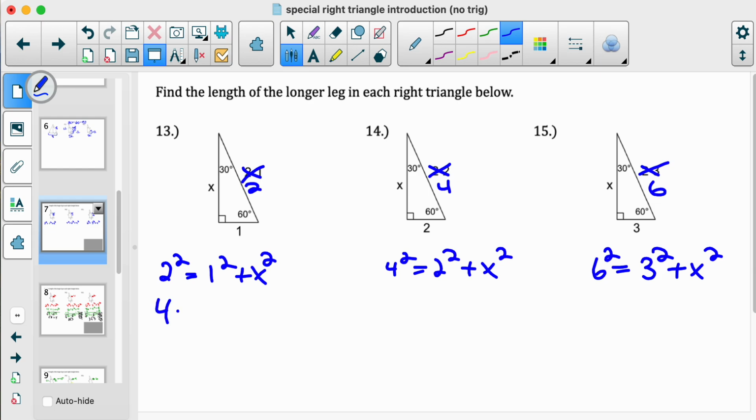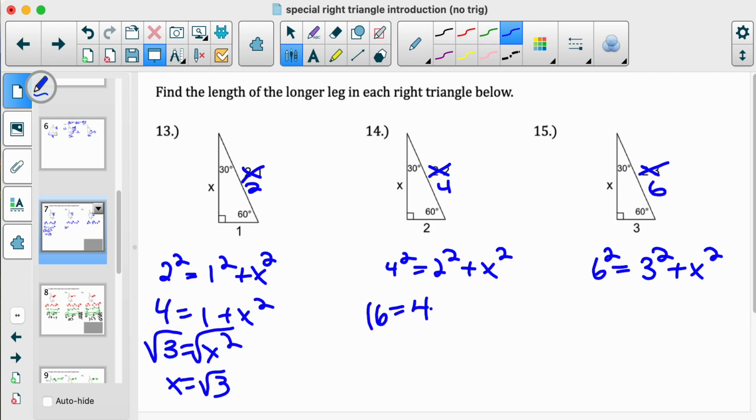So we have 4 equals 1 plus x squared. We subtract the 1 from both sides. We have 3 equals x squared. We square root both sides. X is the square root of 3. 3 is prime, so there is no ladder for number 1. Okay. Number 2, we have